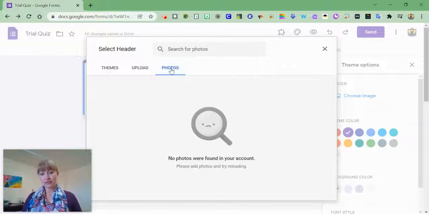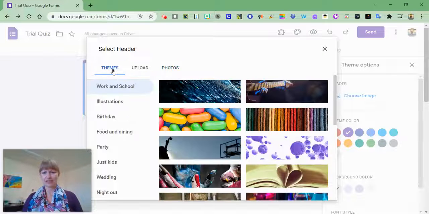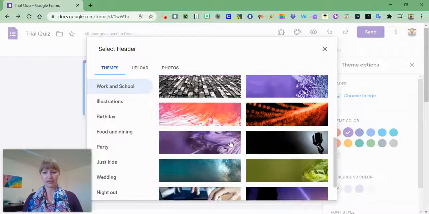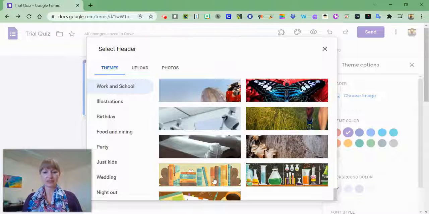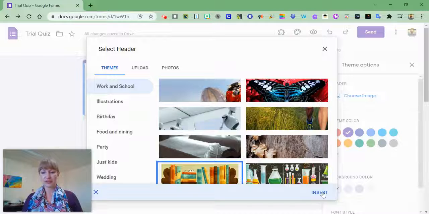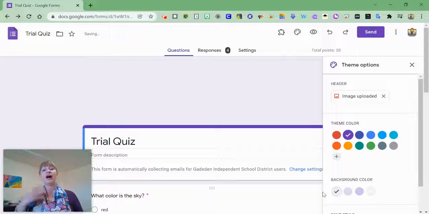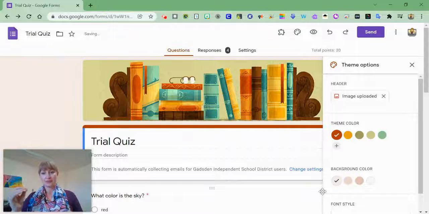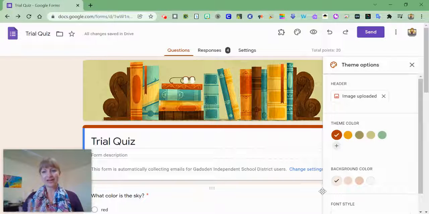Or if you click photos, I think it takes photos from your account, but as you can see, I guess I don't have Google Photos with my work account. But you can go through and say, this is for school and work, and then scroll through those options. So if I choose the books insert, it's going to automatically make it so that all the colors fit with